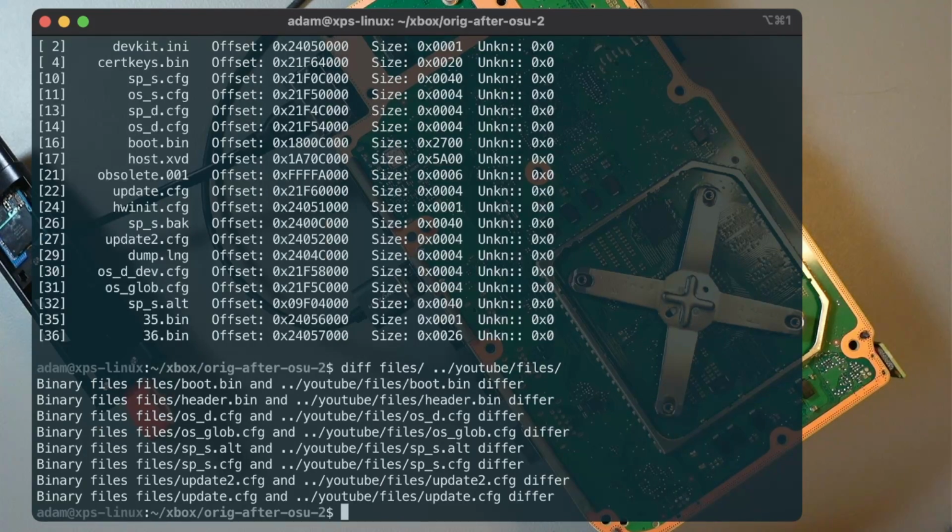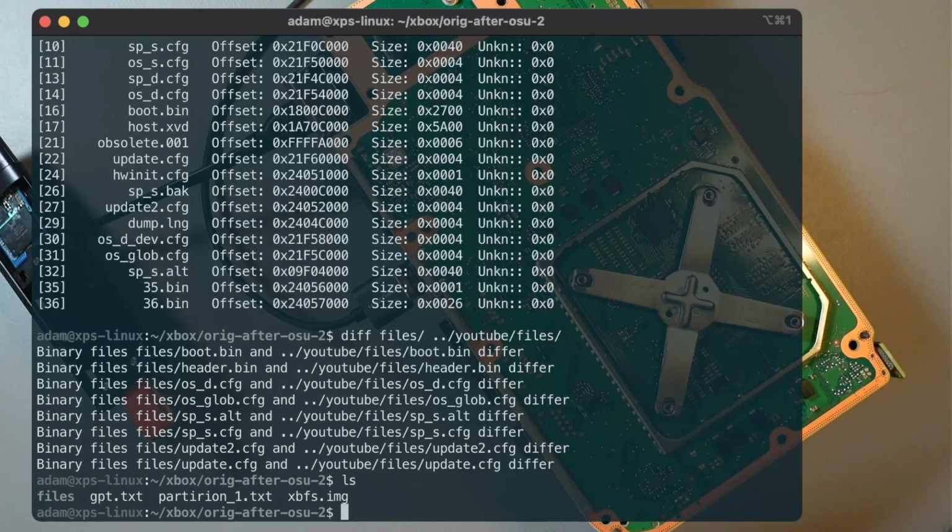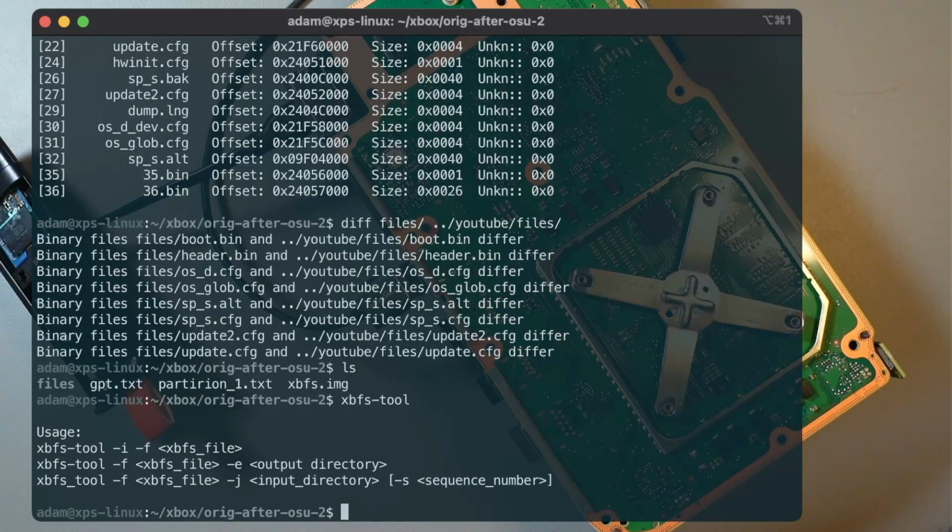But anyway, what we can do now, what I'll do, I'll use this image. So again, this is from one of the previous updates. So I'll take this image, I'll inject all these files into this image, and I'll copy it back to my console, and you'll see that it will boot. So let's do it. I'll just remind myself of the syntax. So XBFS tool,